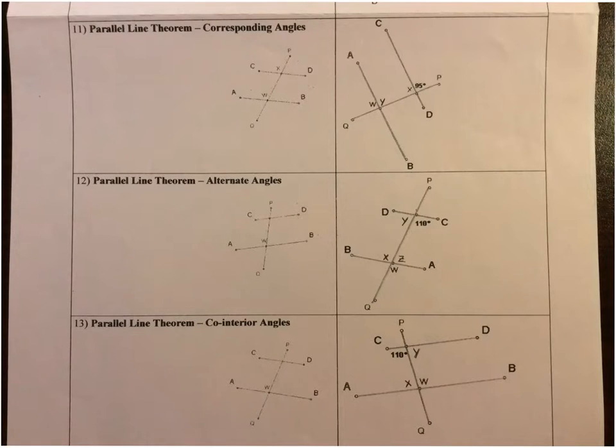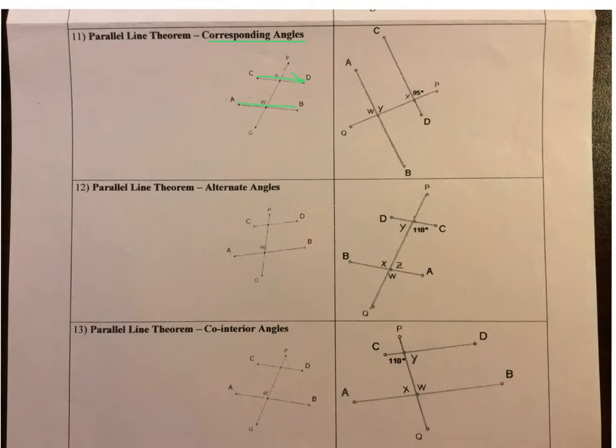So the first one is the corresponding angles. This is the one that says if you have parallel lines, which I do here, AB is parallel, or supposed to be parallel, to CD, and remember we marked parallel lines with arrows on them. I don't think I had the drawing tool able to get those arrows on there for me when I printed this. What this means is that if you have parallel lines and a line that cuts through the parallel lines,